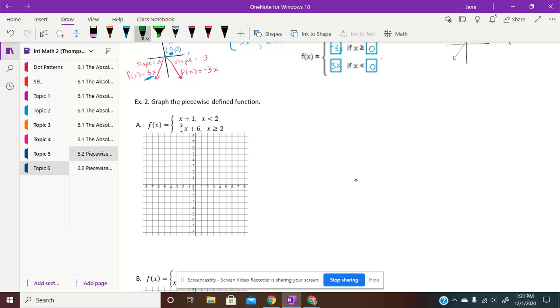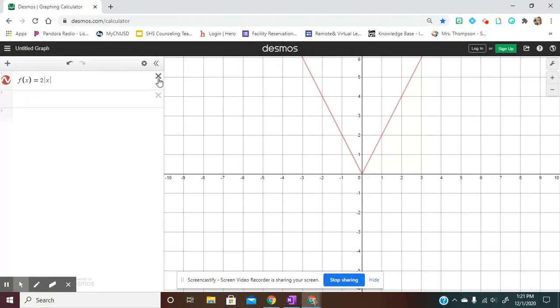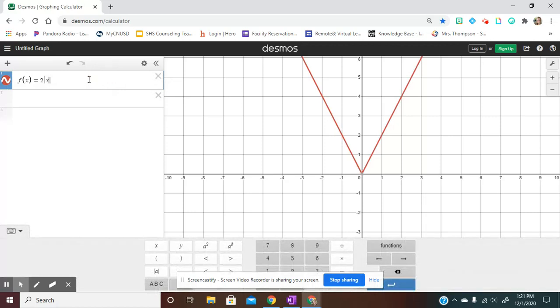All right, so example 2, graph the piecewise-defined function. I'm sorry, before I do that, I'm going to go back and I want to graph this on Desmos for you. There's a condition that you have to use when I want to graph. I'm going to show you. When I want to graph piecewise, and you don't need this, so it may not register with you, and that's fine. I just wanted to show you. I'm going to use this kind of fancy bracket here, and I have to put my interval for x first. So I'm going to say x is greater than or equal to 0, and then a semicolon, given that x is,